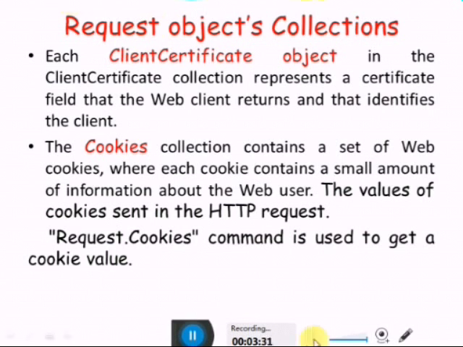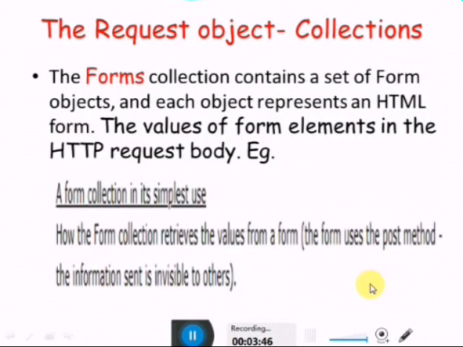Regarding the cookies collection, we are going to see it elaborately with a suitable example program when we study the next object, which is the response object. There we will study the detailed processing of cookies.